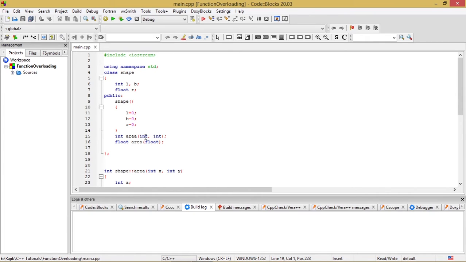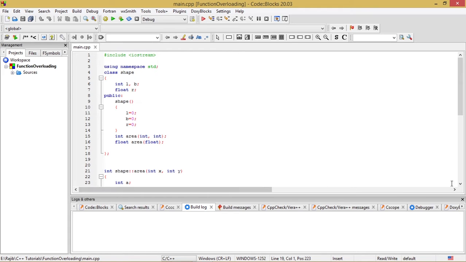So here only one argument has been used, here two arguments are used. Here the two arguments are of integer data type, and this one argument is of the float data type. So we can see that the signature of the function is a little bit different, but the name of the function is the same in both cases.